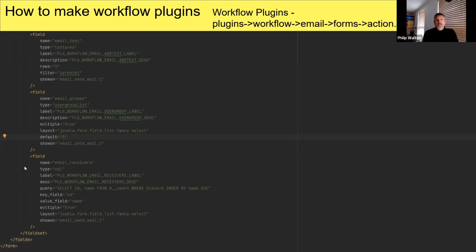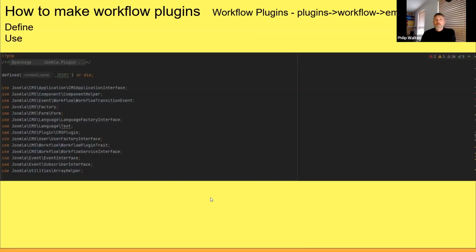And of course, you can extend it to be users from a specific user group. So you could just have admins or whatever if you were to define this further. This is a really nice thing about using the query field, is you can actually use this to change what's actually going to be shown and be very specific to your plugin. So really nice field to use, which I do use quite often in plugins.